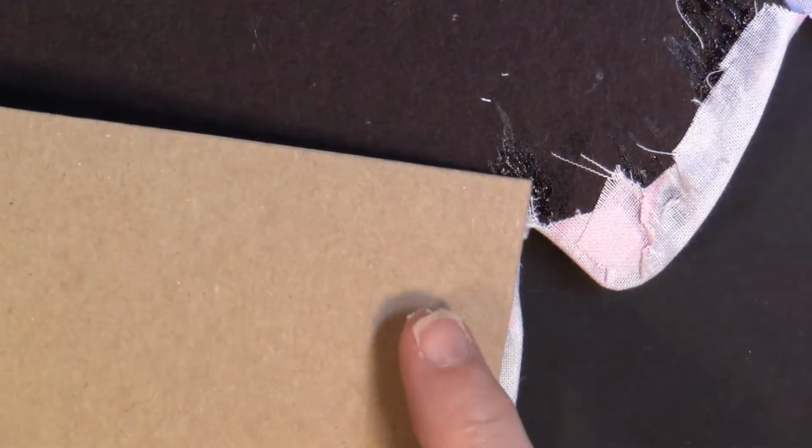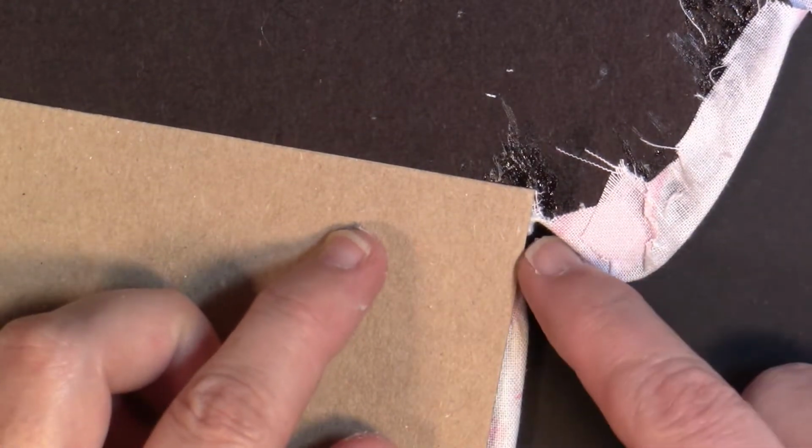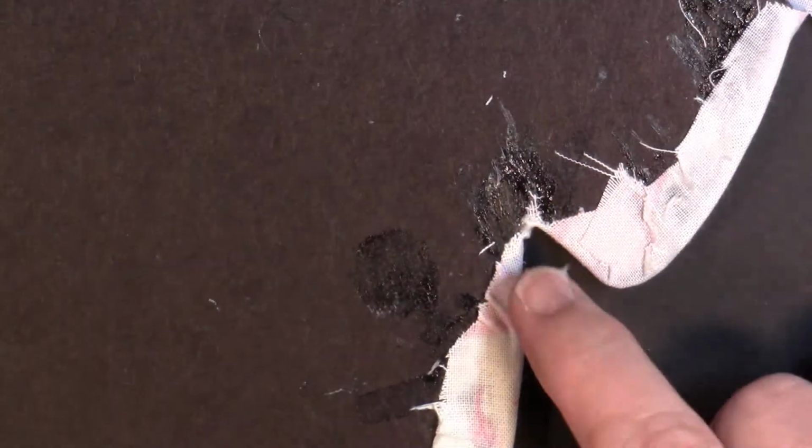So what I'm going to do is some of these little pieces that I've been cutting off, I'm just going to take it and glue it, because when we put, okay, so like this is our cardstock. As long as you can put cardstock to where it's going to cover that, to where you don't see, in my case, my black, which I actually think I got it close enough. I think right here it's probably going to show, so I'm just going to take a little bitty piece of fabric